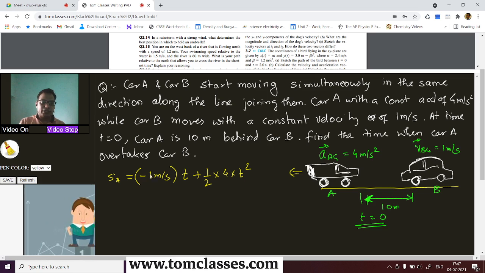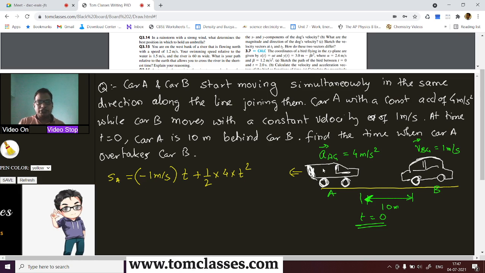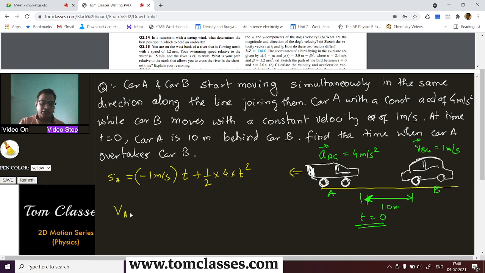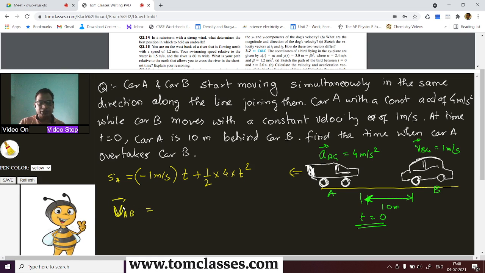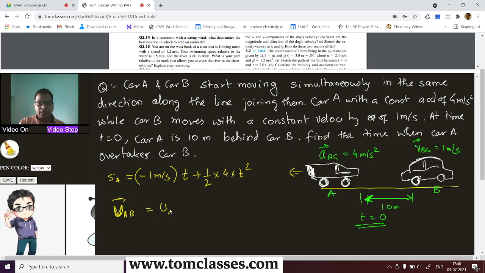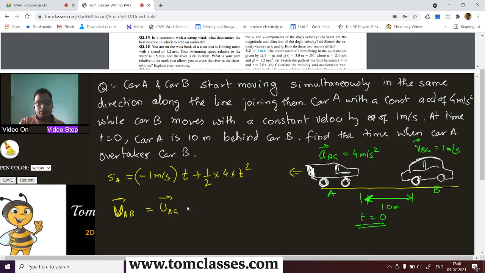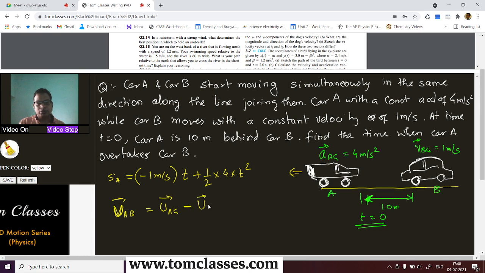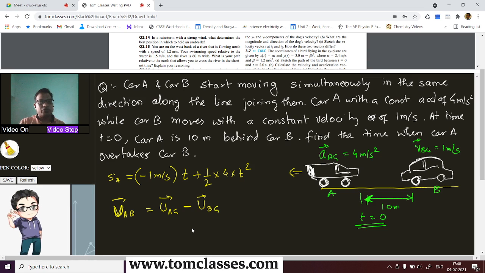You can say the initial velocity of A. Now the system is with A with respect to B. Now you can say velocity of A with respect to B is going to be, let me call the initial velocity U A G, right? That is what it is, and it is going to be minus U B G. Okay, so that is what is going to be.